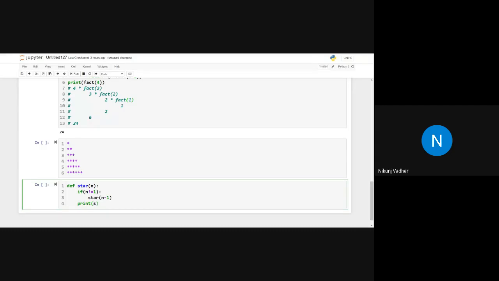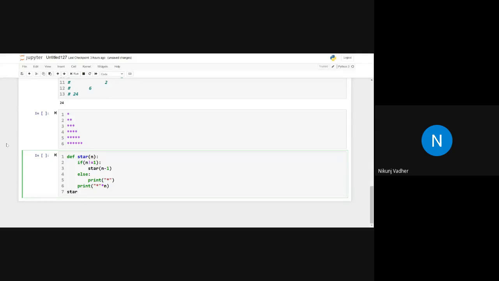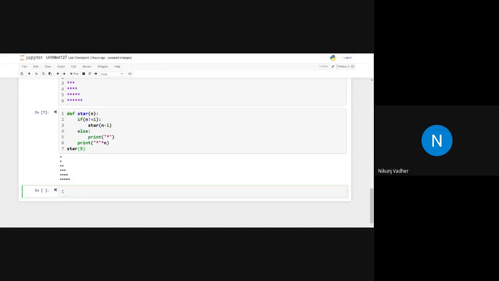Print, what will we write, print star into n, and here we will write else. Okay, that's it. But we are getting one additional line.